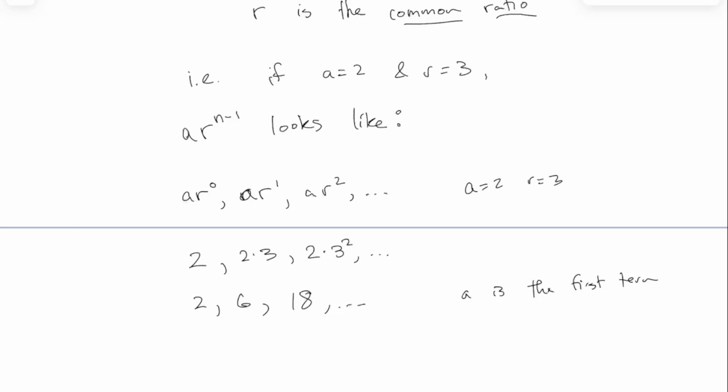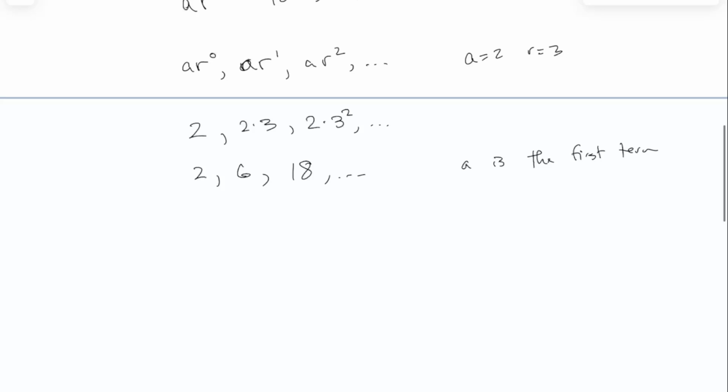The R is called the common ratio. R is, in this case, 3, the common ratio. And the reason it's called that is because if you take the ratio of each term divided by the previous term, you always get the same number, and that number is R, which is 3 in this example. All right, so each ratio,